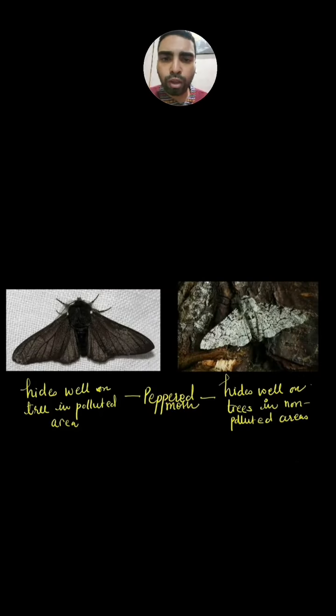The last example that I want to talk about is the peppered moth. This is an example of variations seen in the same species and also in quite modern times. So there were two different variations found of the moth that were brown and white in color. And different variations survived in different conditions. The white moth survived more in non-polluted areas, while the brown moth survived in polluted areas. It beautifully shows us how changes in environment can affect